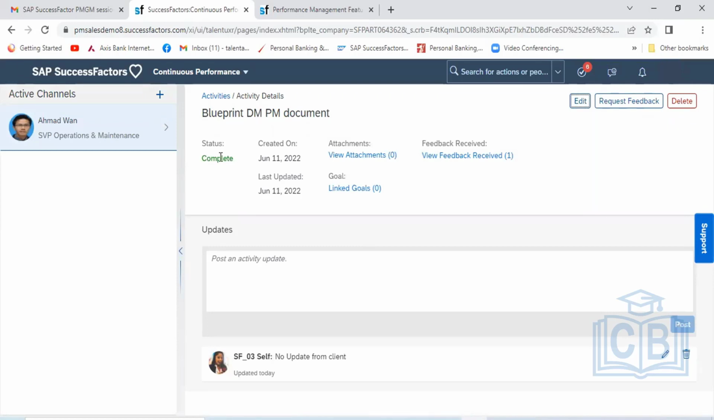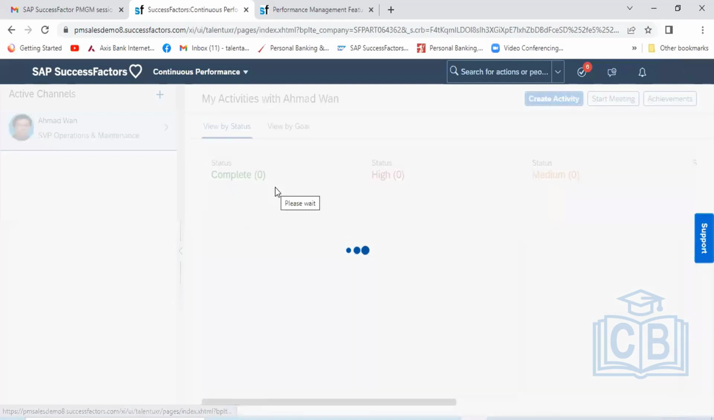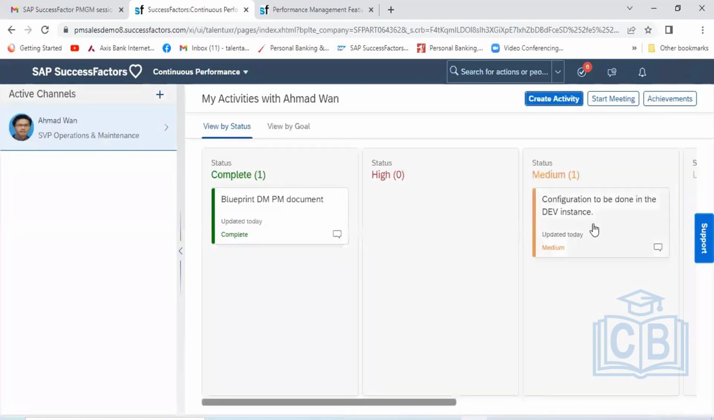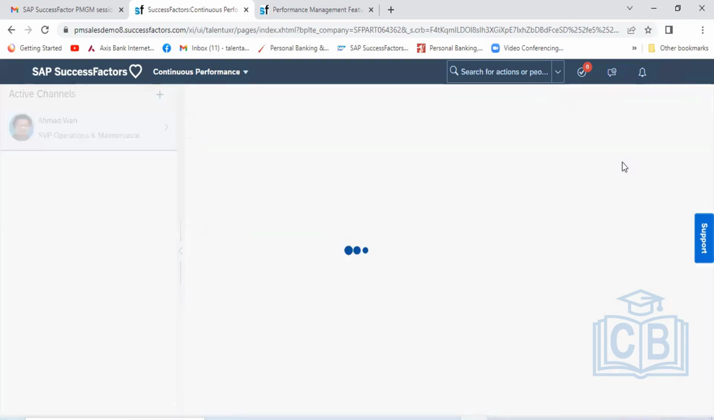And when I go back here in the activity, it will be moved from the activity list. It is showing that the status is complete now. Where can I see it further? In the achievement. When I click on the achievement,